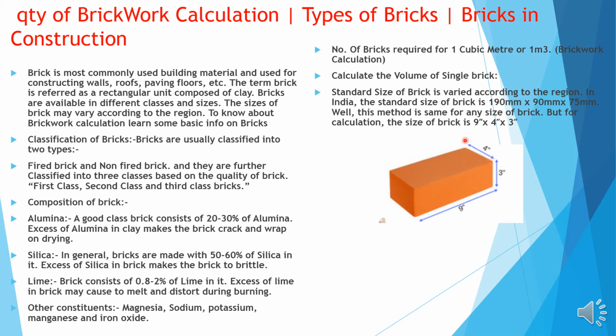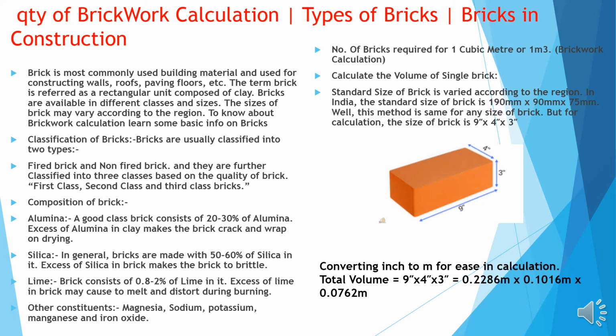This is what I call the length. This is what I call the depth. This is what I call the width. Converting inch to meter for easier calculation. Total volume is equal to 9 inches by 4 inches by 3 inches, that is 0.2286 meter by 0.1016 meter by 0.0762 meter, which makes the volume of a single brick equal to